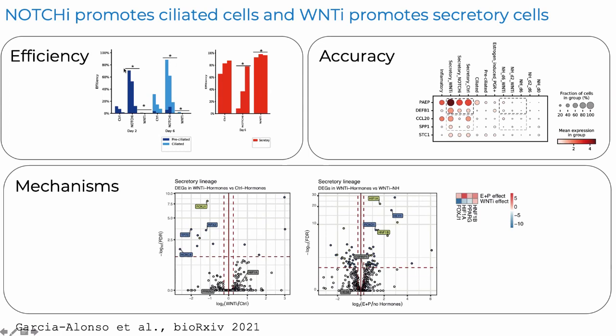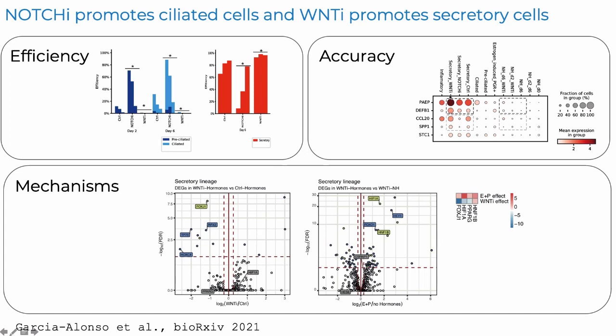So the nice thing about profiling with single-cell transcriptomics is that in addition to looking at the efficiency, which was really validated for the Notch and Wnt, we can also look for the accuracy. And that was relevant in the condition where we put Wnt inhibitor, because for the Notch inhibitor, we don't see a new subset coming up, but we do see a new subset in the Wnt inhibitor. And actually, we wanted to see, is this subset producing more secretion?